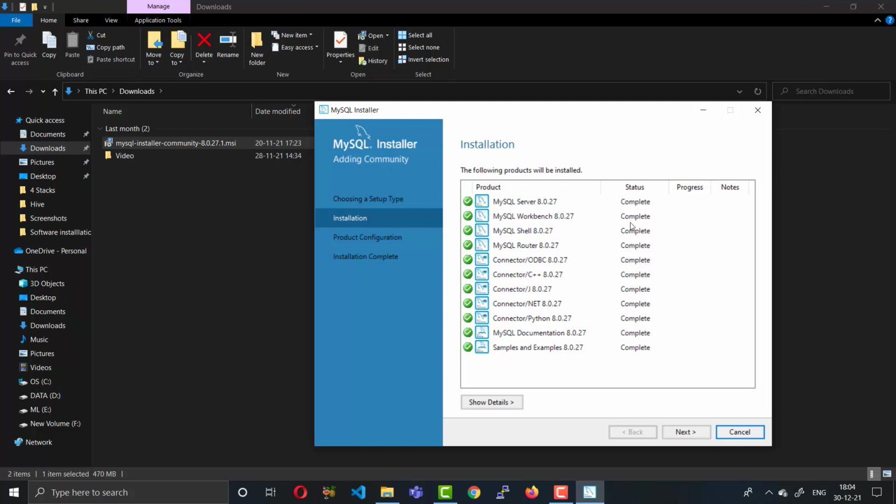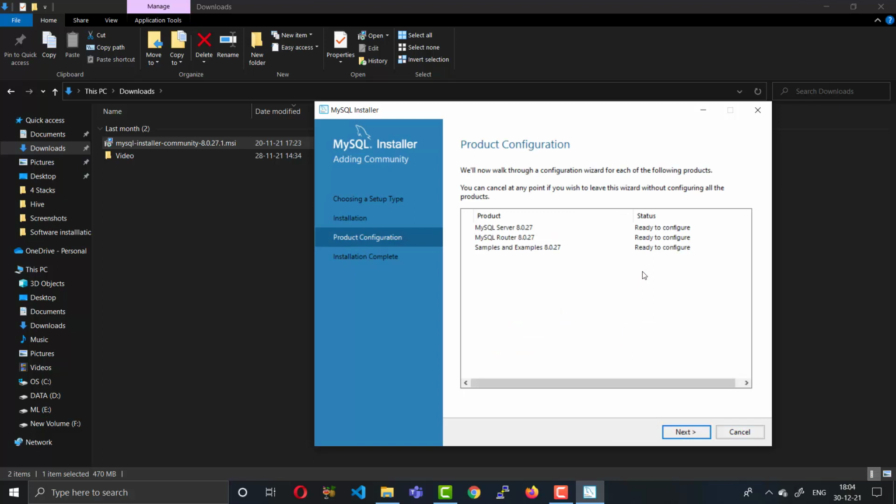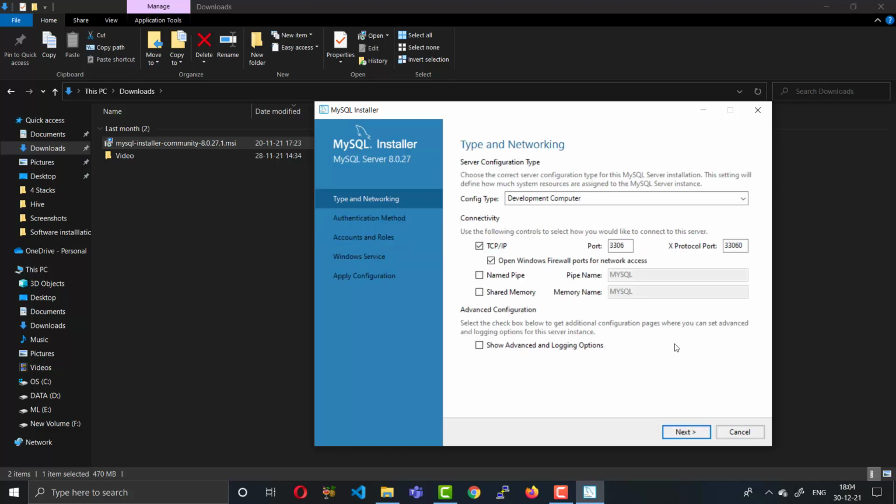Okay, all the components of MySQL are now installed. Click on Next. Okay, click on Next for product configuration.